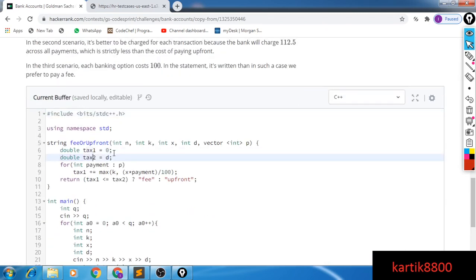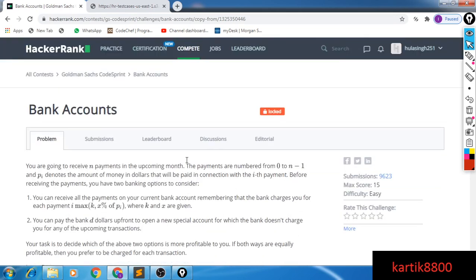We had this thing here in place: tax plus equal to the max of k comma x by 100 into payment. That would be the tax applied.